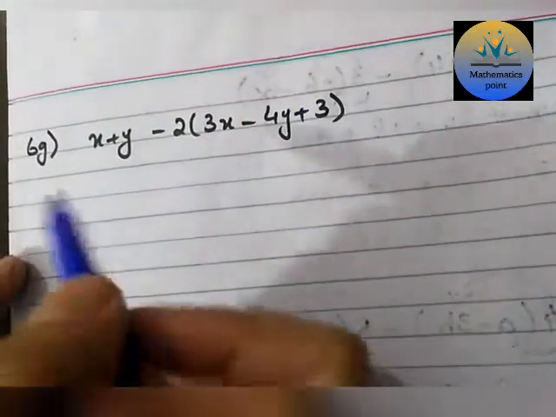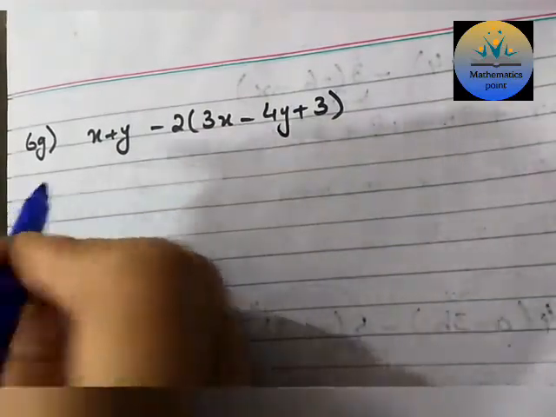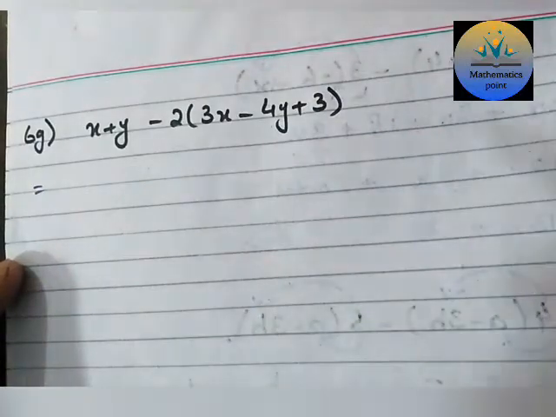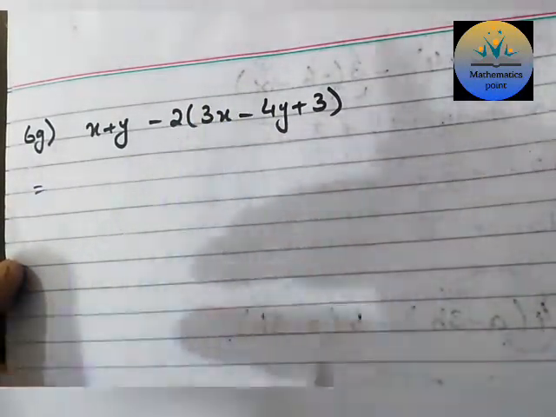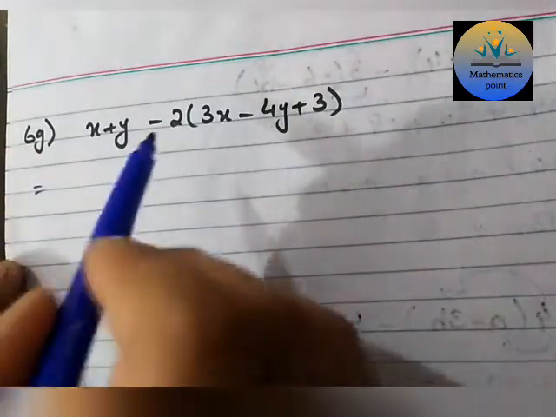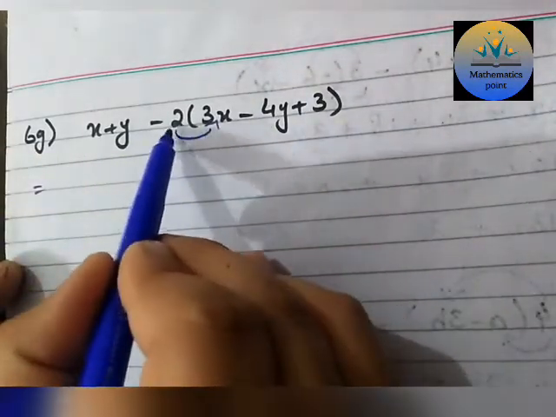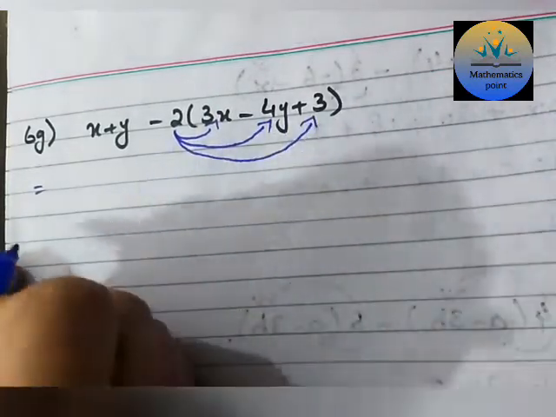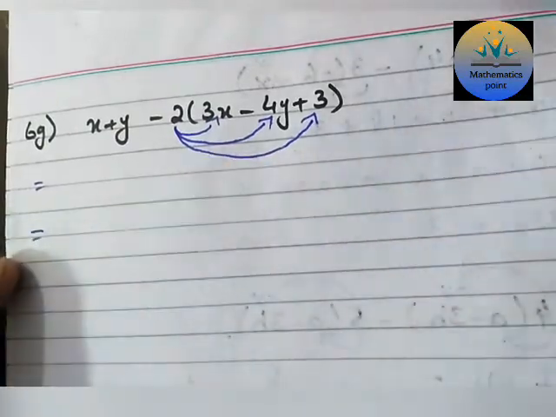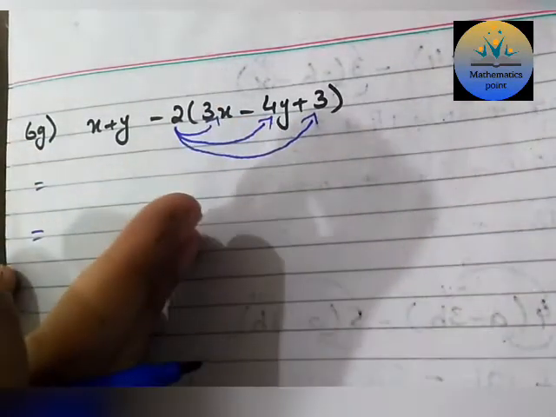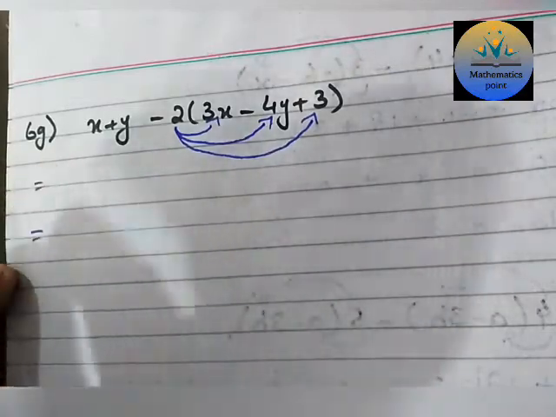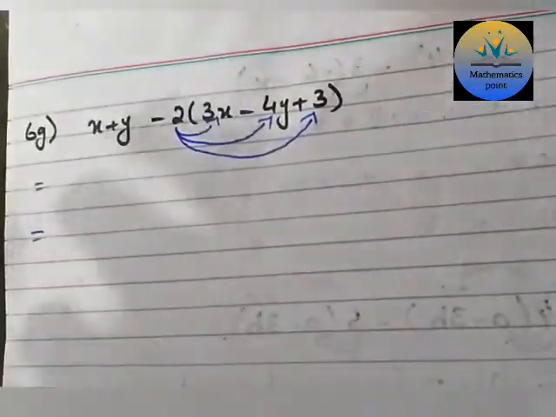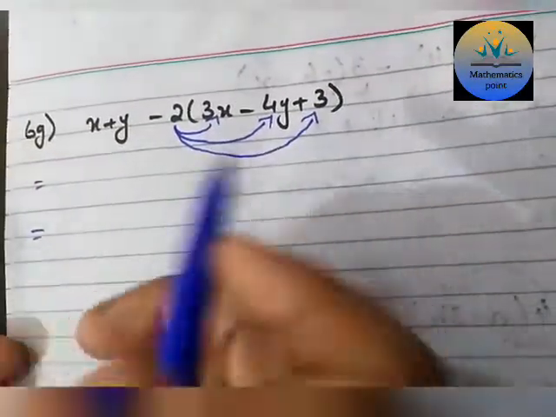Now question 6 part G. First we expand this bracket. Now again you can apply the distributive law here. Now don't get stuck in your mind that in the distributive law we just have two terms. We just take the rule or method from the law. Firstly we multiply with this term. Now we have three terms inside the bracket. Then the second term, and at the end the third term. The rule will be the same. We have to multiply one by one, but we apply the rule on all of them, and that does not mean that inside the bracket you always have two terms. You can have 4, 5, 6, 7, 8, 9 terms inside the bracket, whatever terms you have, just apply the same rule.